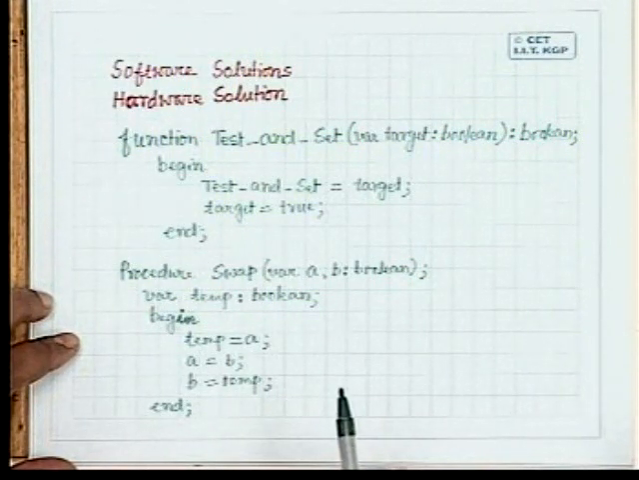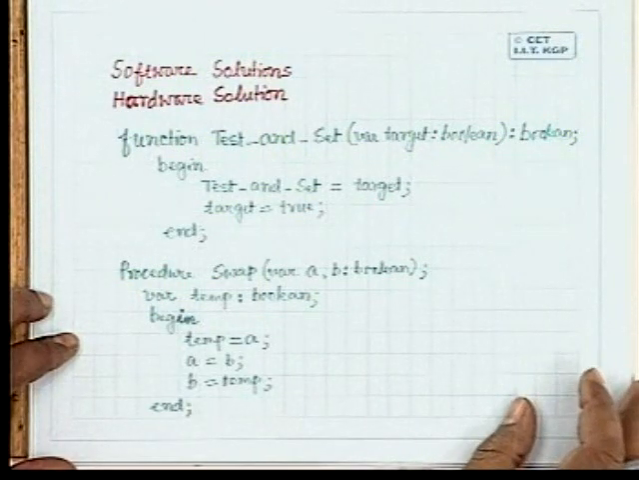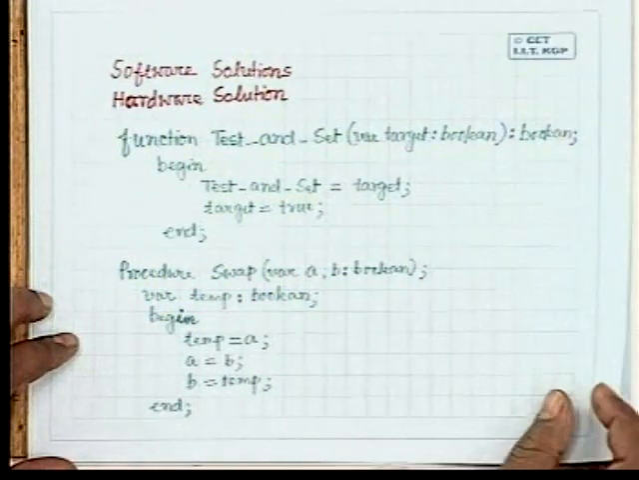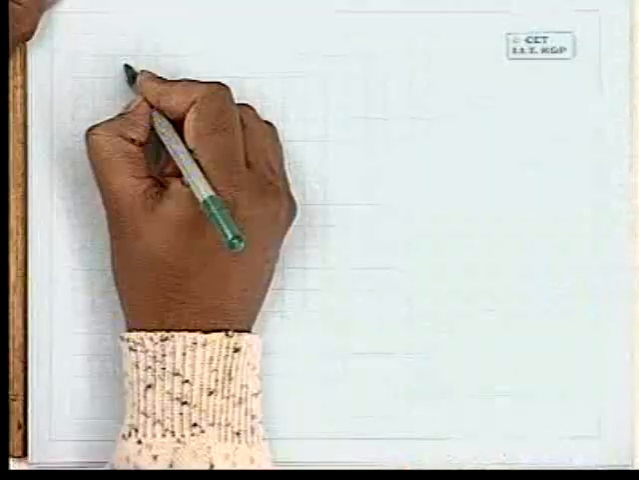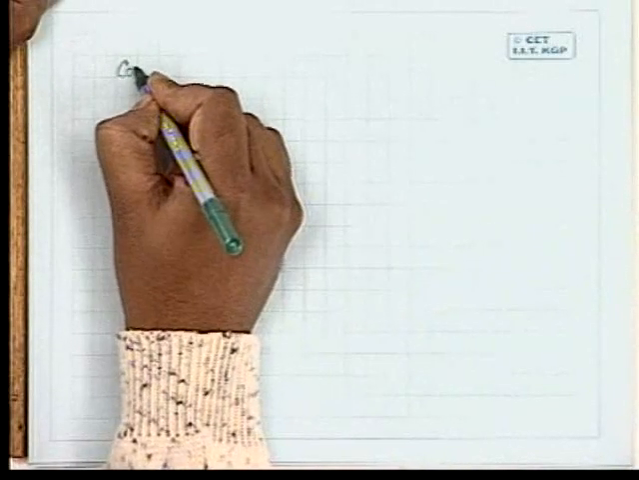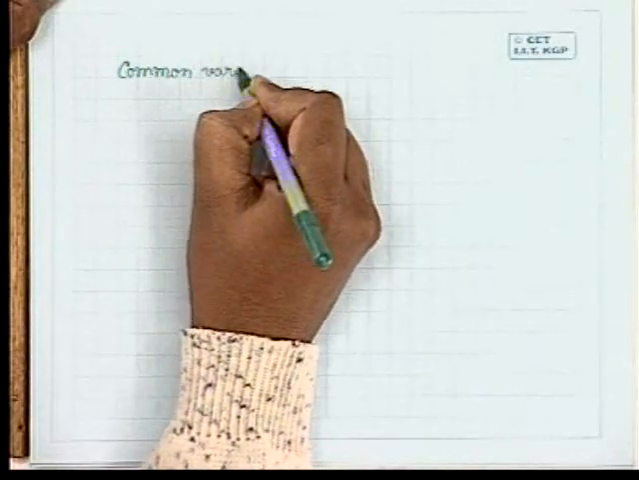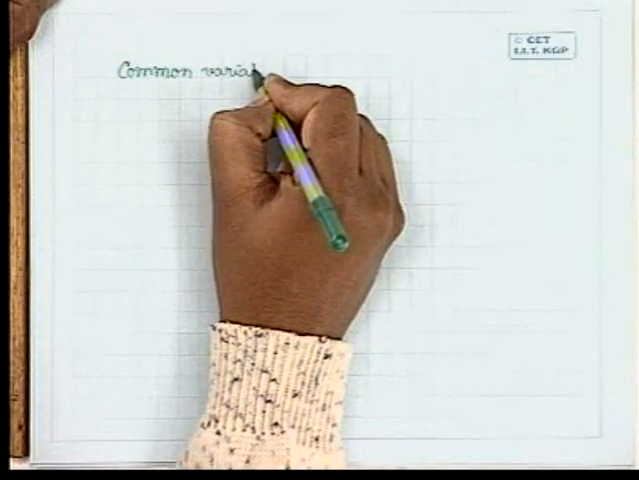Now simply let us see how you can use this test and set to implement some mutual exclusion. So the solution that is suggested is something like this. Still we have some common variables. The common variables are